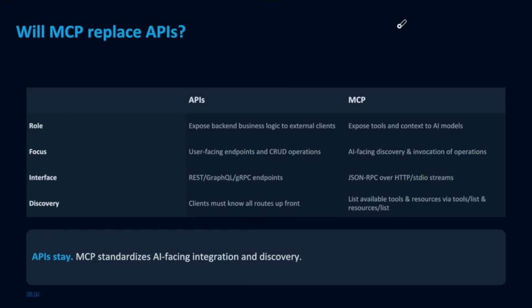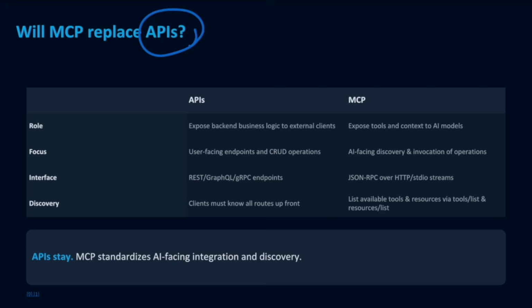The next question comes: will MCP servers replace APIs? A lot of people might think about this, because nowadays everything is about AI. Are we going to get rid of APIs? But the answer is no. APIs are still the way microservices communicate, and we still need microservices, right? You can embed your agent inside your microservice, but if you want microservice to microservice communication, it will use APIs, application program interfaces. Nothing is going to be